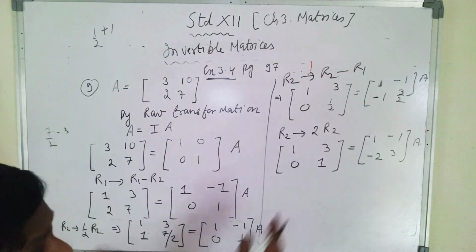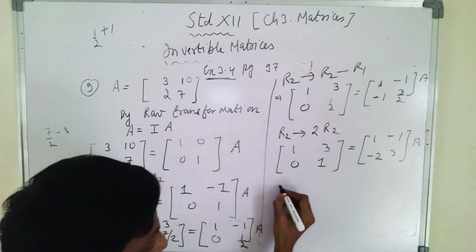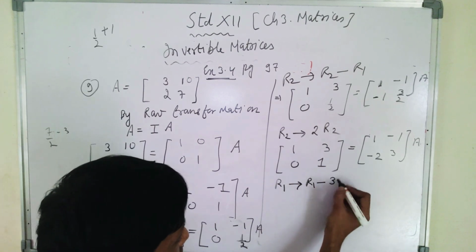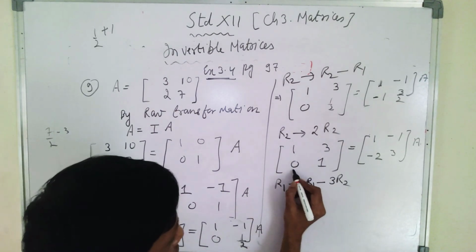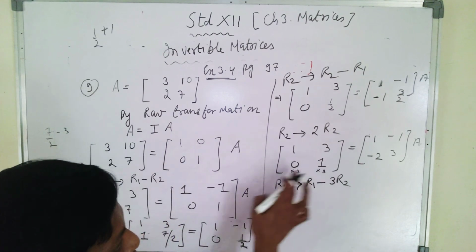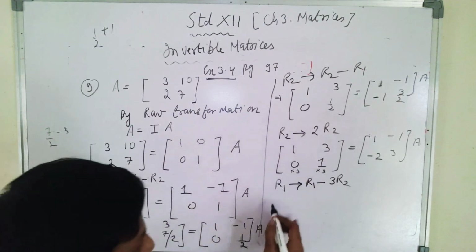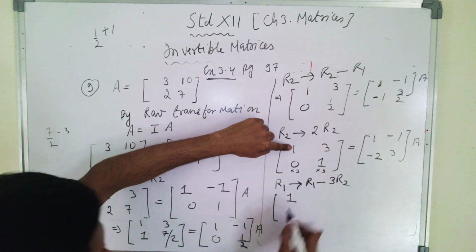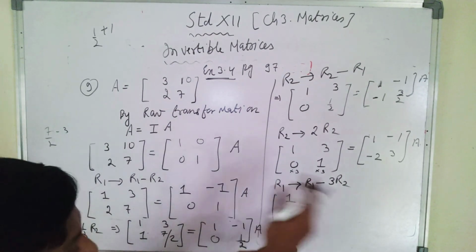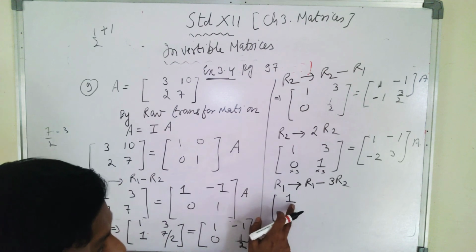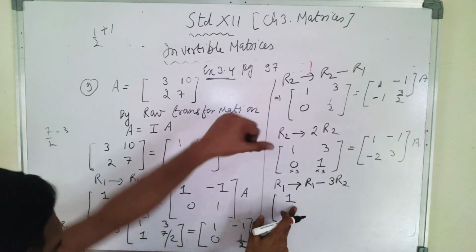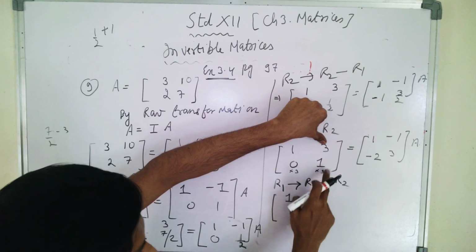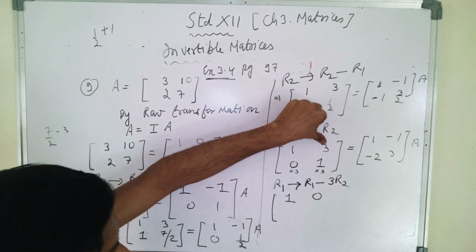Now how to make 3 as 0? Now you know that 3 minus 3 is 0. So I can say R1 can be written as R1 minus 3 times of R2. That means I have to multiply separately this R2 elements with 3, and then I will subtract it from R1. So 1 minus 3 into 0 is 1. That's the reason I am hitting the column first, so that later whatever changes you make, it will not affect the R1, just like balancing the equations. Okay. And 3, R1 is your 3, minus 3 into R2. 3 minus 3 is 0. That was what I was looking for. And there is no change here.